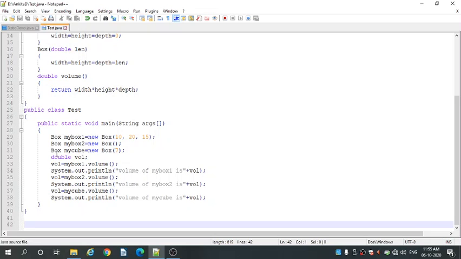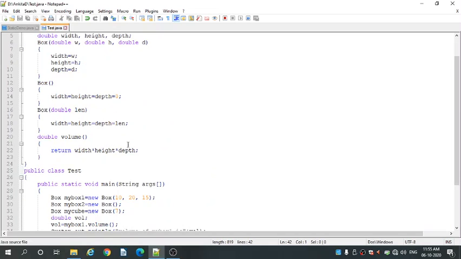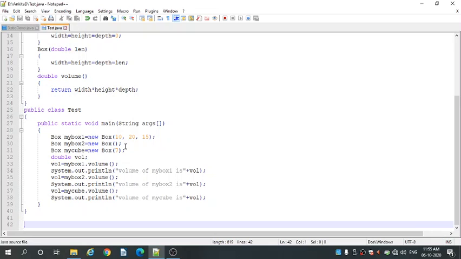Inside this Test class we have written public static void main(String args). Inside the main method we have created the objects for those constructors, that is Box myBox1. This is the object for the first constructor, equal to new Box. Inside the brackets we have passed the values for the width, height and depth variables, that is 10, 20 and 15.